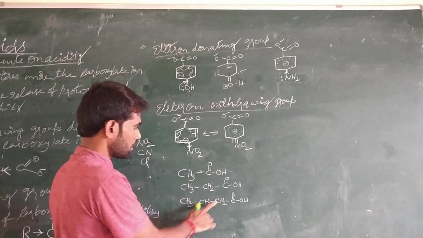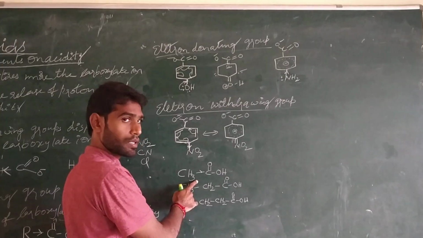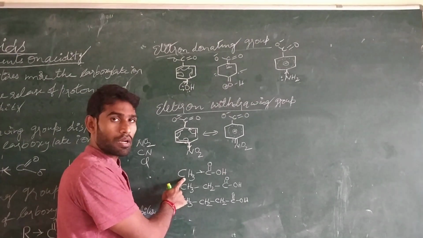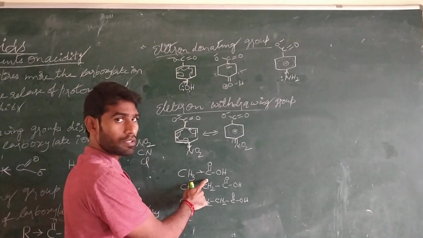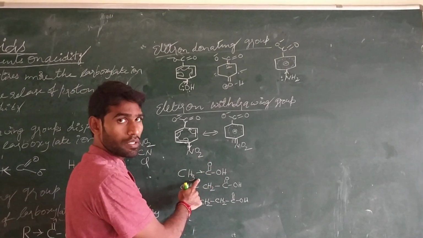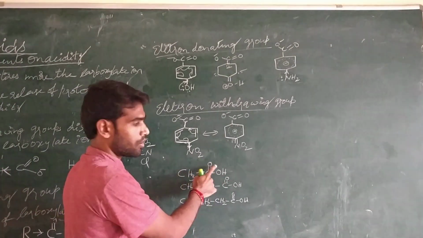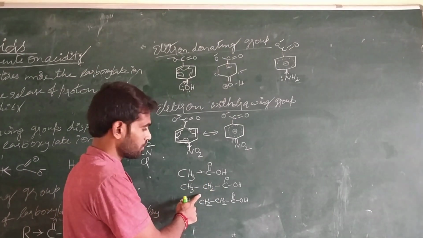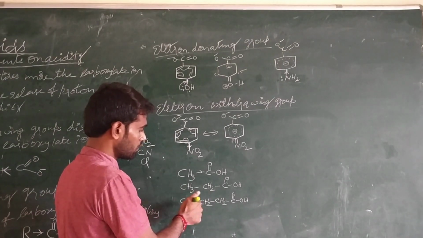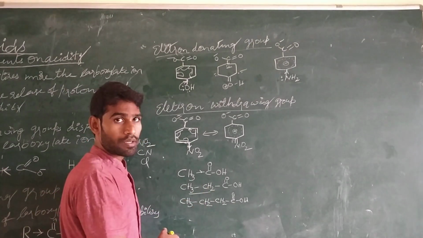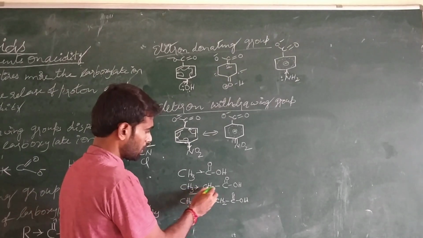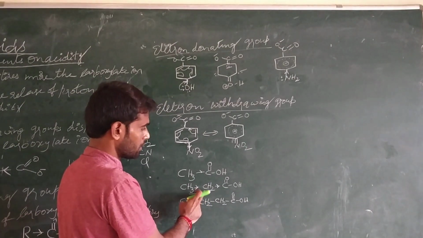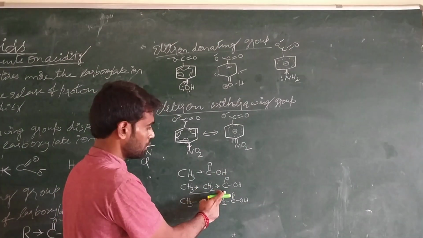Now these are the alkyl chains. This carboxylic acid is acetic acid, which contains only one methyl group. Methyl group acts as an electron donating group, and it is intensifying the negative charge on the carboxylate ion. This is the propionic acid, and this propionic acid contains two methyl groups. These two methyl groups are electron donating groups. Due to the electron donating inductive effect, they are intensifying the negative charge on